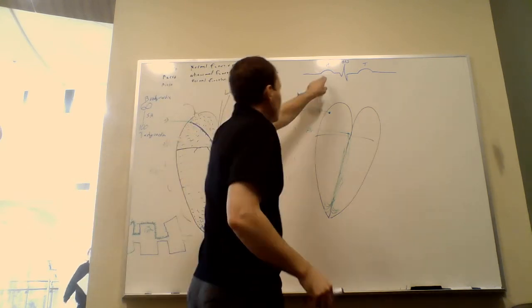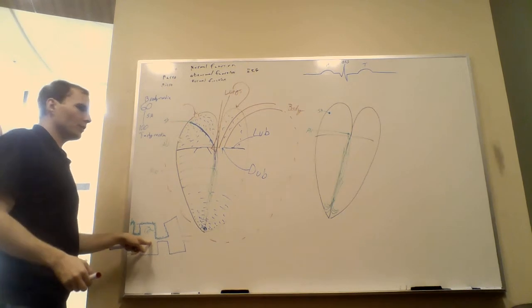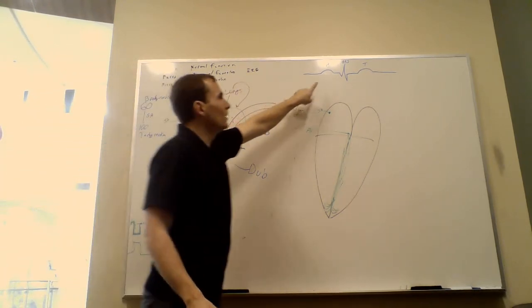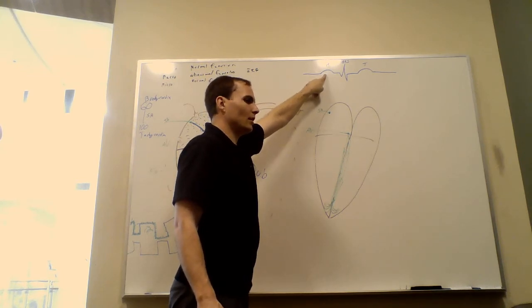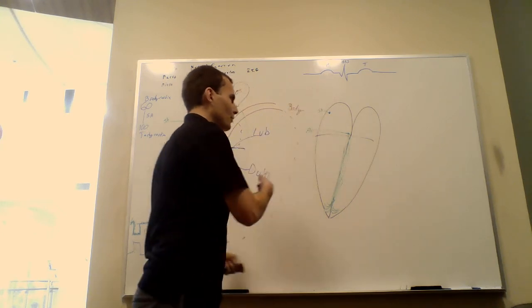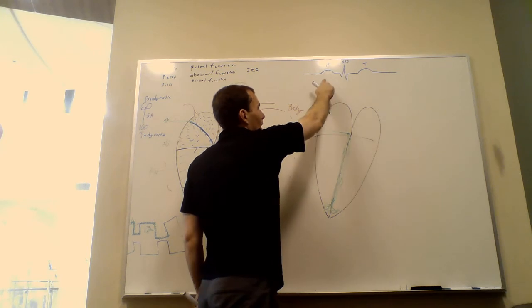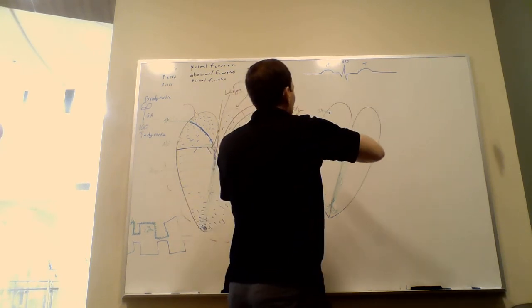So each of these are, just like the gap junctions, moving electrical current, and so electrical current is really what we're following through all of this. This is just a way of tracking movement of electrical current. And so if there's more electrical current going towards a certain electrode, then it will record it as coming towards the electrode. And so we're just seeing changes in current. So the P wave,